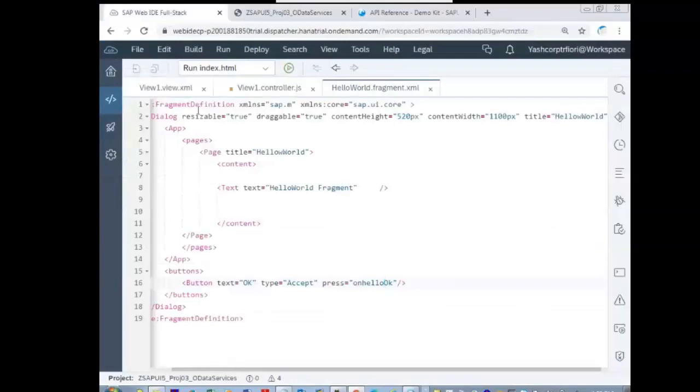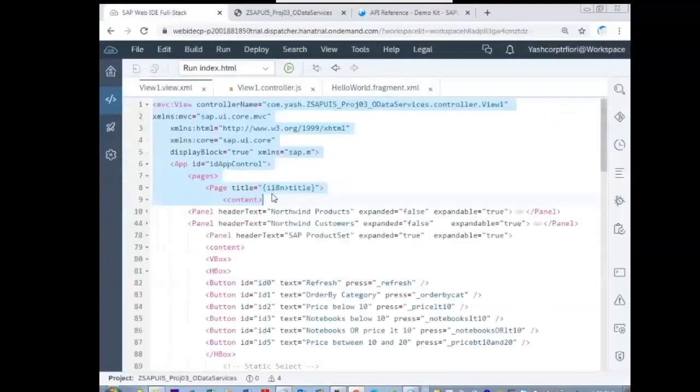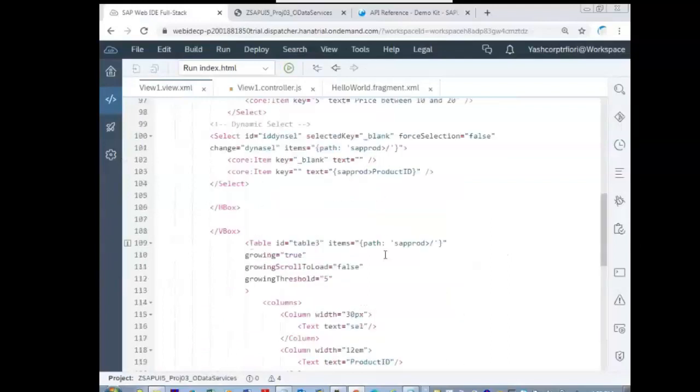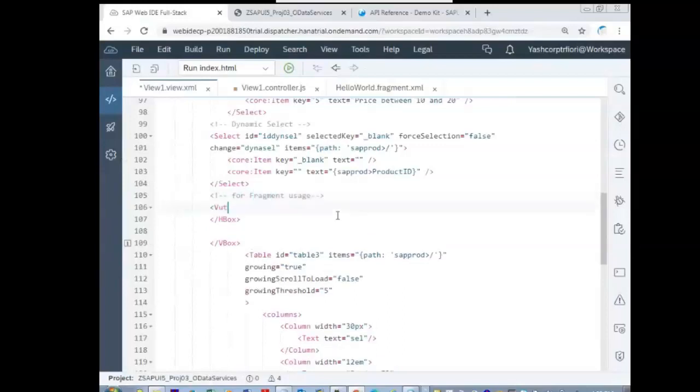So what I'll do, go to the view1.view.xml, have a button control. I'll use the button control inside the page. Button, you can have any ID for the button. ID.